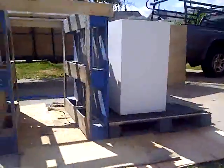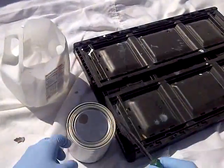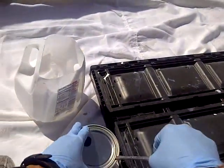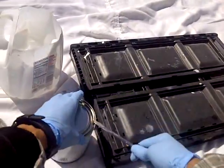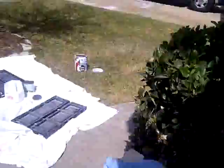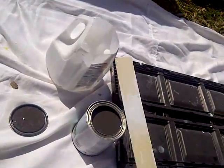But here you go. Just this here for you so you all can see basically what I'm seeing. Okay, there we go. Alright, so here we go. Hopefully you'll be able to see that. There it is. A little paint stick to mix it with. Now, I'm not a painter by trade, but you don't need a painting degree to paint, so